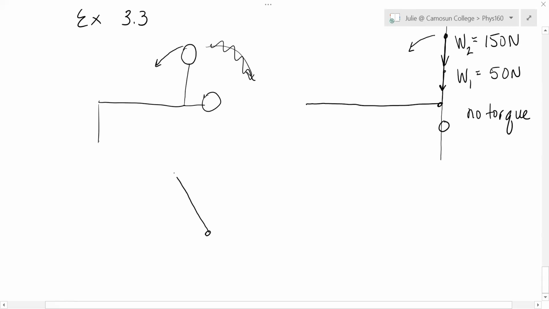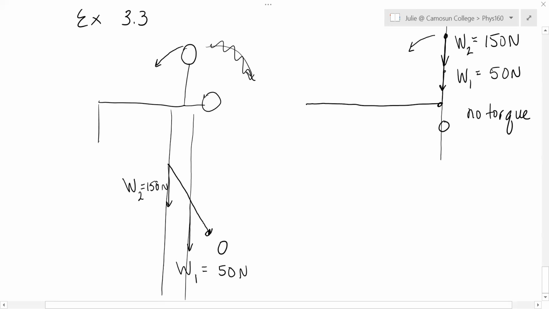So now, this O is your shoulder. At the end of your hand is the weight. You've got W2, the 150, down. And then the weight of your arm is the W1. Now, since you've moved off the line of action, being in line with O, there's certainly torque from these. Question is, what is the torque? So we need to know, from the line of action of the force,